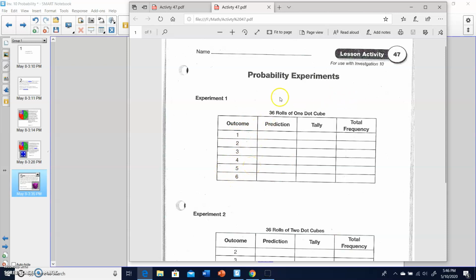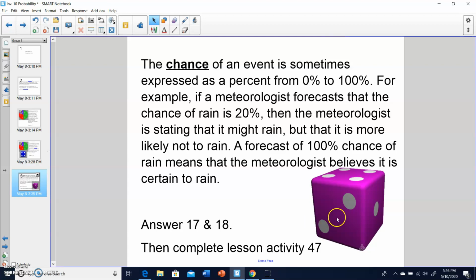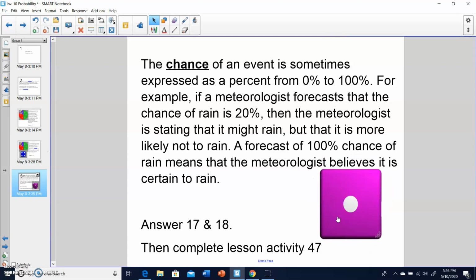I'm rolling 36 times. So of that 36 times, how many times do you think I'm going to roll a 1? How many times do you think you're going to roll a 2, a 3, a 4, a 5, and a 6? Make your predictions first, then start rolling. So here's your dice, roll it. My first one was a 1. So then on your paper,